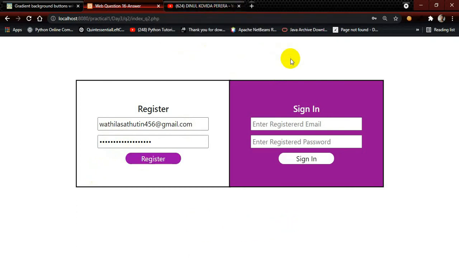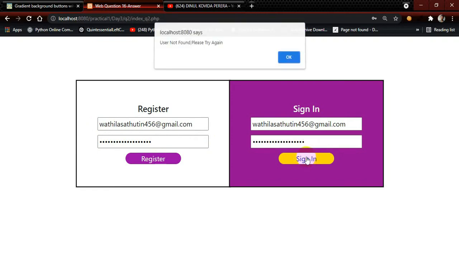Then what we have to do is sign in ourselves. So I'm going to enter the same email here, because that's the email I registered, and I'm going to enter the password. Now I'm going to hit this sign in button. It says user not found.